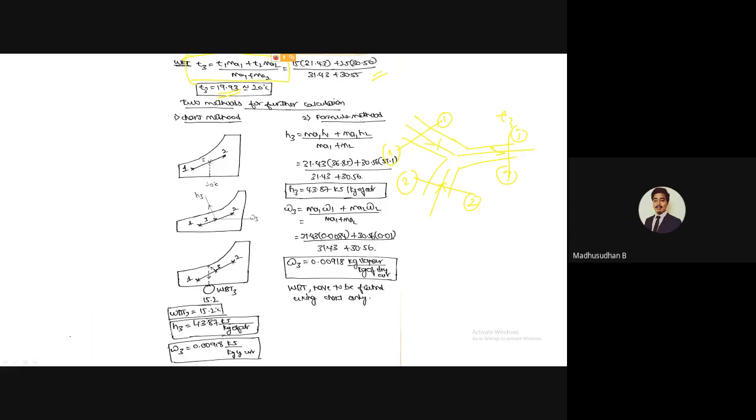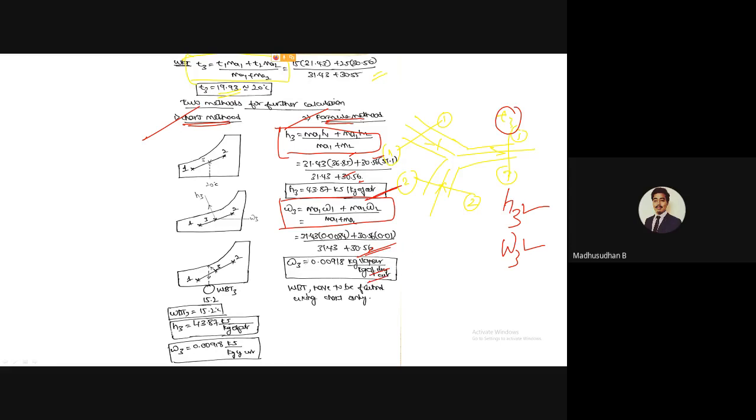Now, further, again, you have two methods, the chart method and the formula method, to calculate the value of the remaining entities. What are those? T3 you have already calculated. Now we are supposed to calculate H3 and omega 3, correct? So in order to calculate these two values, we have two methods: the chart method and the formula method. The formula method is very simple. Just go with these formulas. You know the values of H1 and H2, omega 1 and omega 2. Substitute those values, and you'll get this particular result. Similarly, for the specific humidity also.